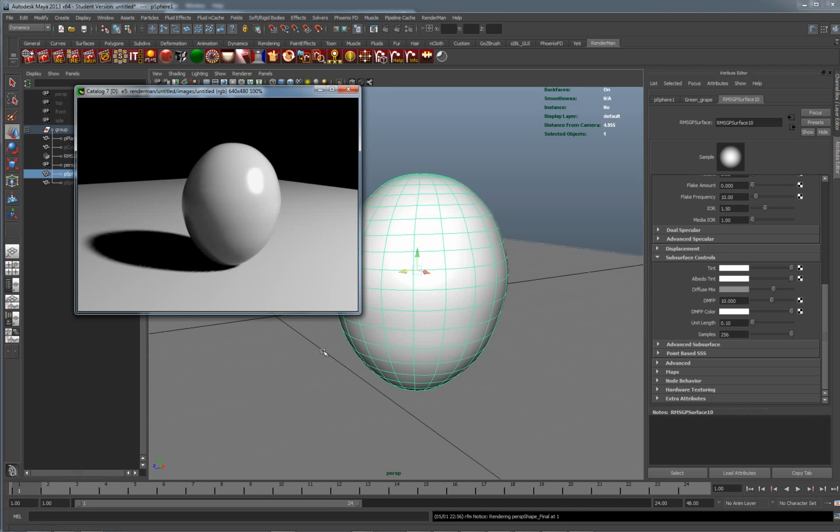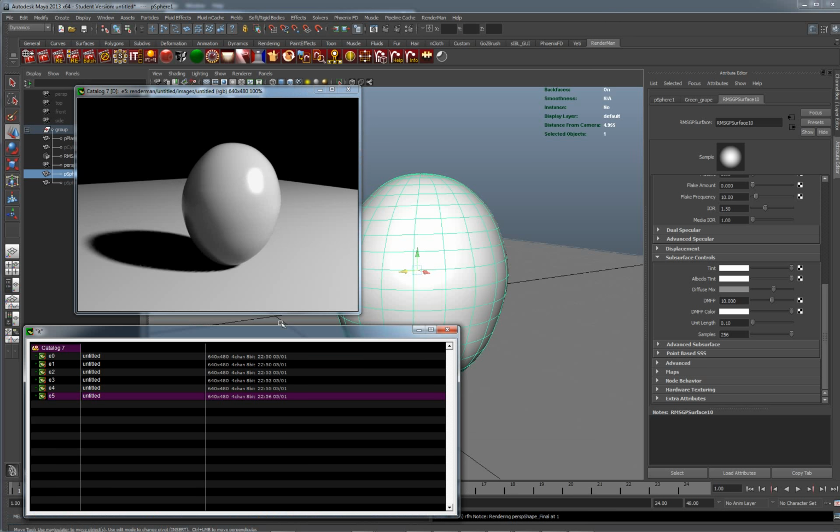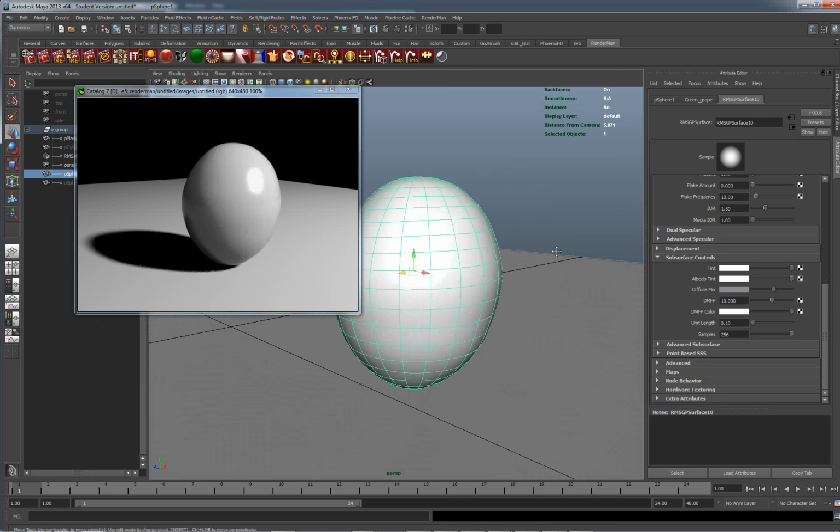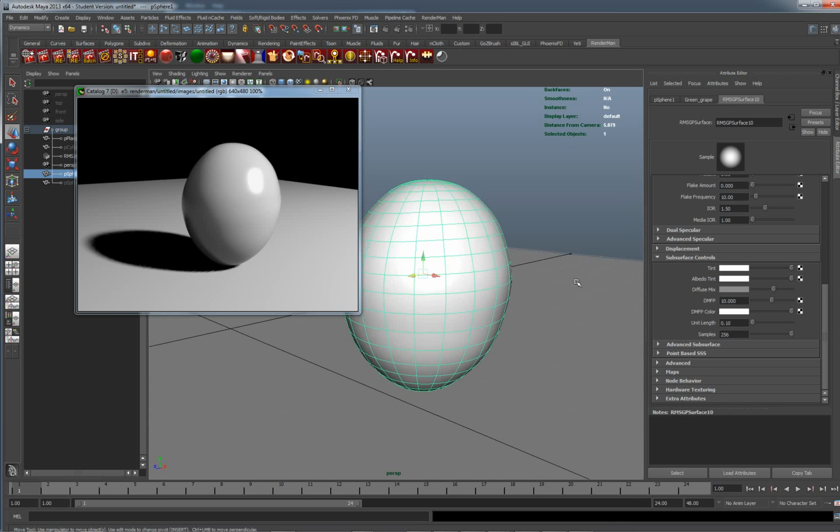And we're getting quite a decent result. Now I want to have a look at this with the subsurface in comparison to this without the subsurface. So yeah, we're seeing a difference. Nice softened terminator here. I'm going to actually just spin around here and get my view slightly better. Okay, prefer that. Now our subsurface backscatter color here, this color which is actually scattering from the deep flesh, is